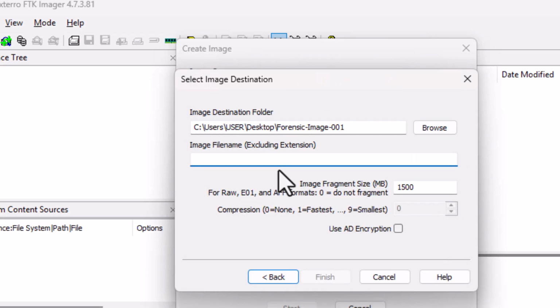Okay. Then the image file name, that will be 2 gigabytes flash. Image fragment. FTK does this where it fragments images that are very large. For example, I'm imaging a 1 terabyte flash drive or maybe a 2 terabyte flash drive. It's going to be a very large image. So you can fragment it. And in this case, the fragment size is 1500. But in the case that you are imaging something that large, you want it to be bigger than 1500 so that you don't have so many images and so that it takes less time. So since we don't have any business with that, we're going to click finish